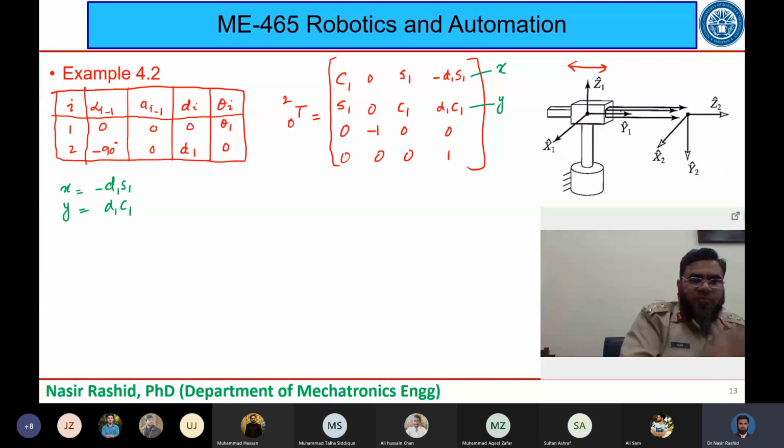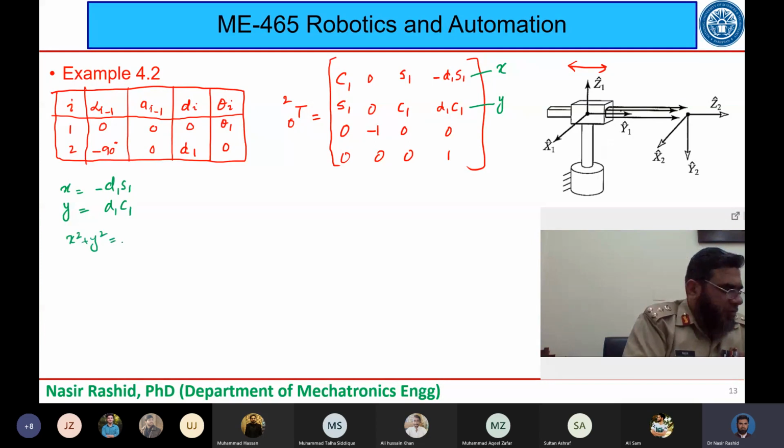ठीक है, सो अब देखते जाइए कि ये मैं कैसे। दो इक्वेशंस हैं इस वक्त मेरे पास और एक अननोन, थीटा 1, जो कि मैं जानना चाहता हूँ, और एक d1। ओके, सो लेट अस सी, मैं कैसे इसको फाइंड आउट करता हूँ। अगर मैं दोनों इक्वेशंस को स्क्वायर कर लूँ और आपस में ऐड कर लूँ,